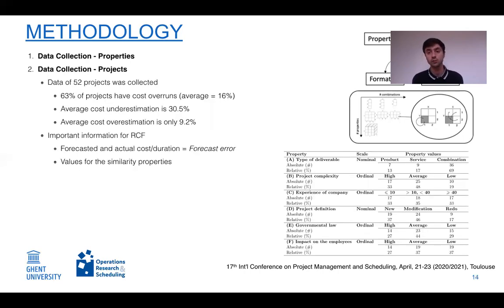Then we have also collected empirical projects. We have collected 52 real-life projects, and we observed that 63% of the projects had a cost overrun of on average 16%. We also observed that the average cost underestimation was much larger than the average cost overestimation. Also, we had to collect important information for our reference class forecasting technique. So first of all, we collected the forecast error both for time and cost for each project. And we also needed to know the values for the 6 similarity properties